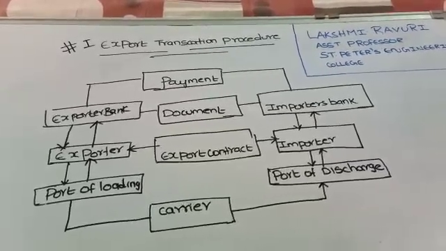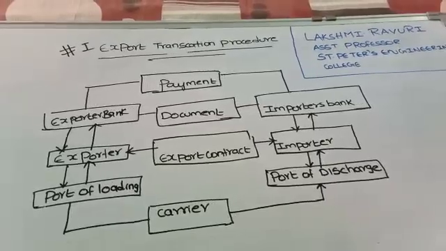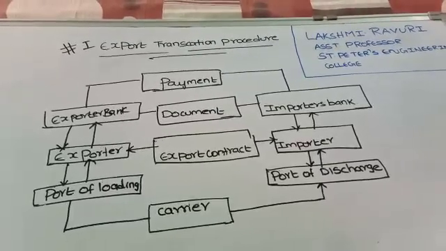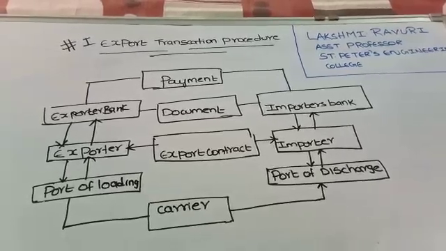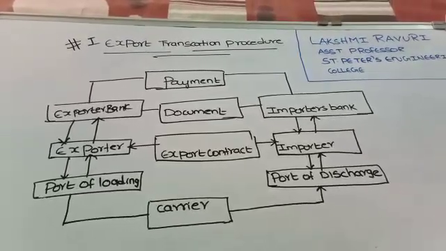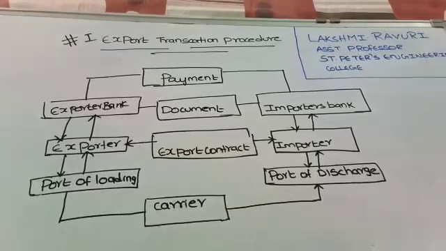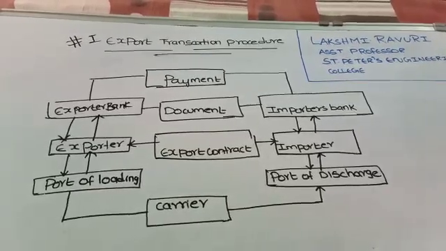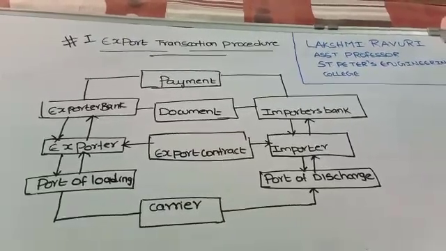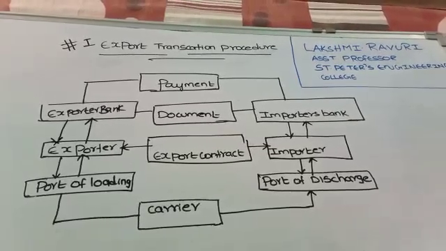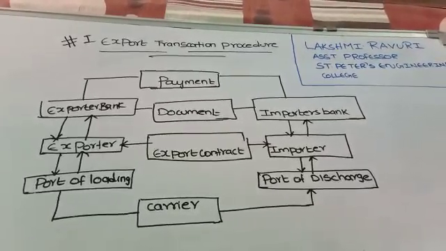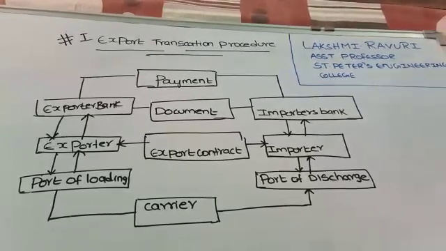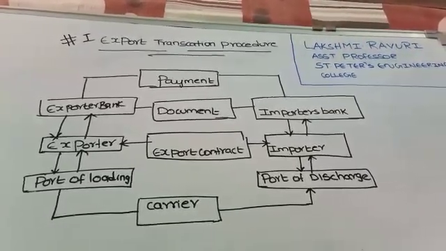After the bank you will have signatures, right? The signatures of that particular importer company and exporter company, and the contract between them, the importer and exporter contract. After both signatures are done, it will be dispatched, with port of loading and port of discharge. Pre-checking and post-checking will be there, and both are carried out smoothly. We call it the transaction procedure.